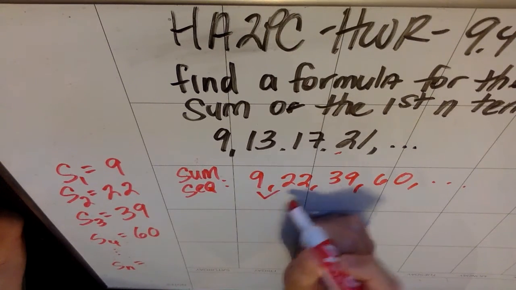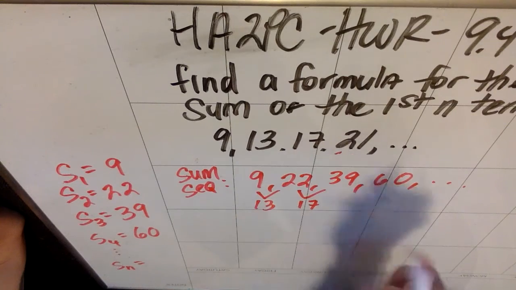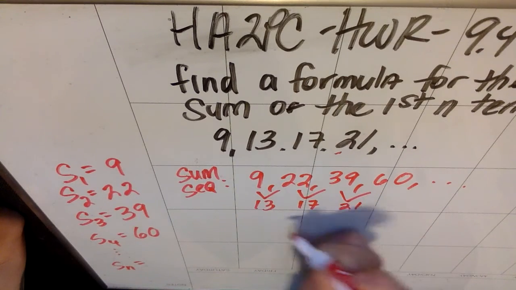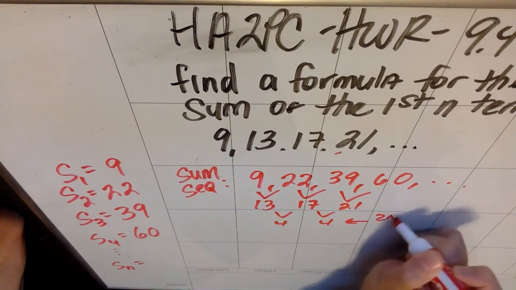So the difference between these two numbers is a 13, and the difference between these two numbers is a 17, which we know because it's these numbers, and the difference between these two is a 21. The constant difference between them is 4s. So remember that if the second difference is constant,